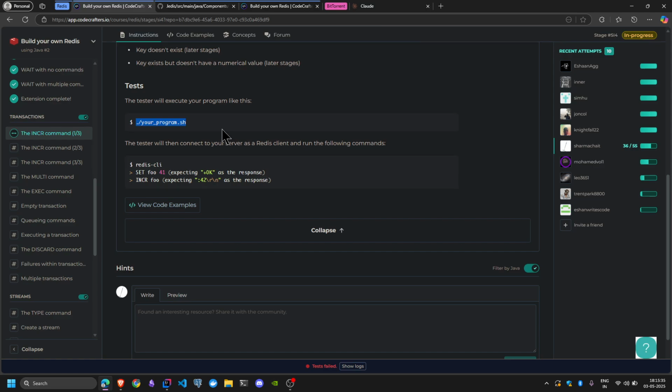They just run our code as a master node. Another thing I should let you know is that slave nodes don't support transactions completely, because sending write commands to a slave is not possible, right? A slave doesn't process write commands. Therefore, transactions are primarily only done on the master node, and we'll be adding support only for the master node. All right, because we need to increment values and set values, whatever. So we'll add that only in our